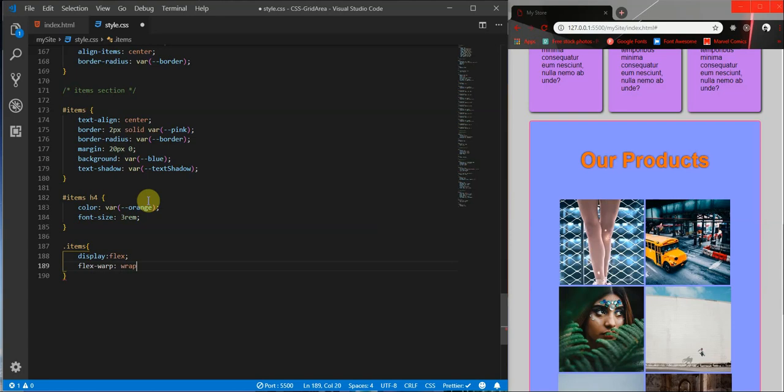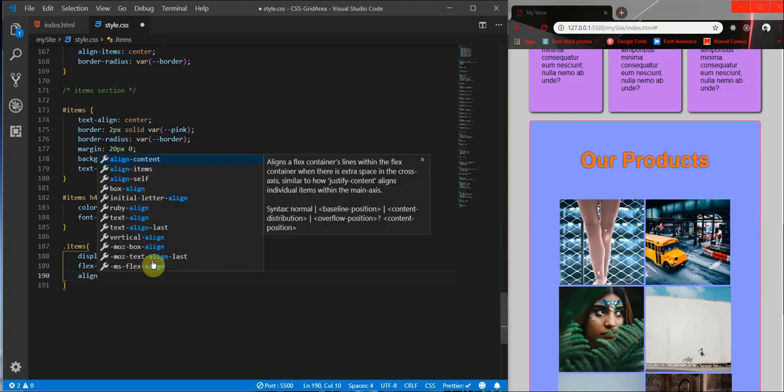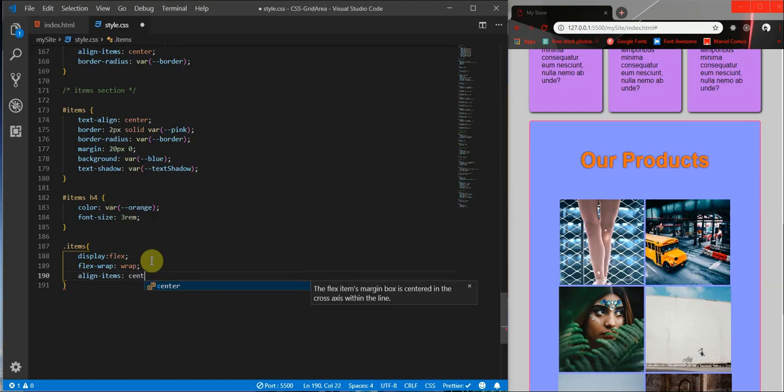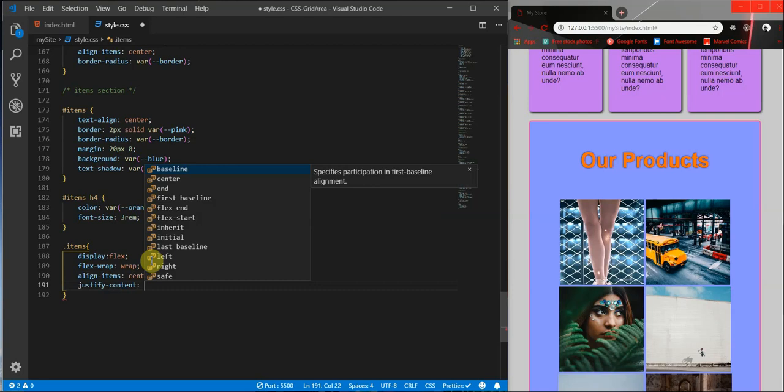This one we do want to wrap, because that's our items here, and we want those to always fit inside of our container. We're going to align items, and we want this to be center,